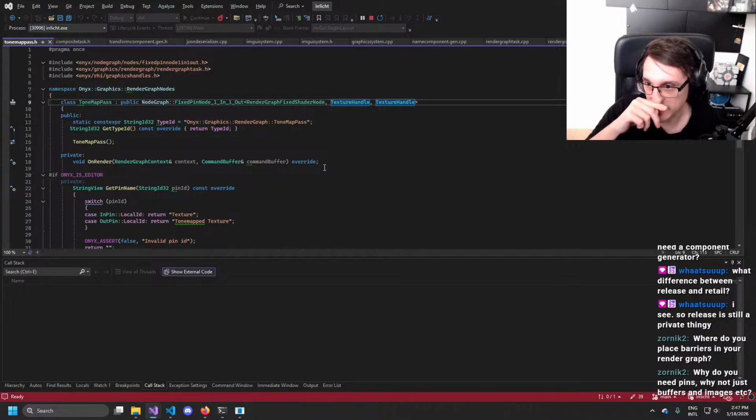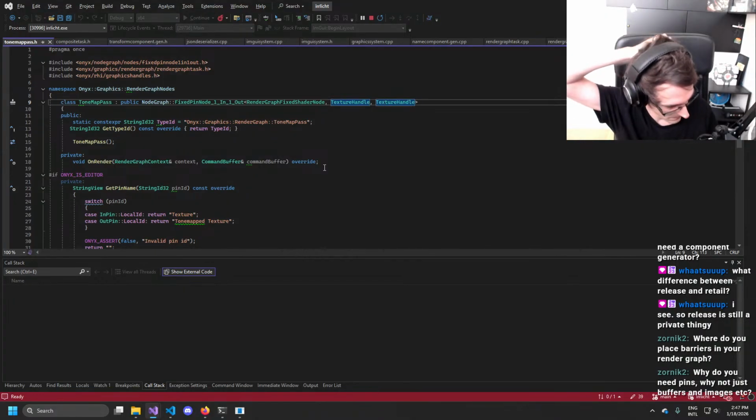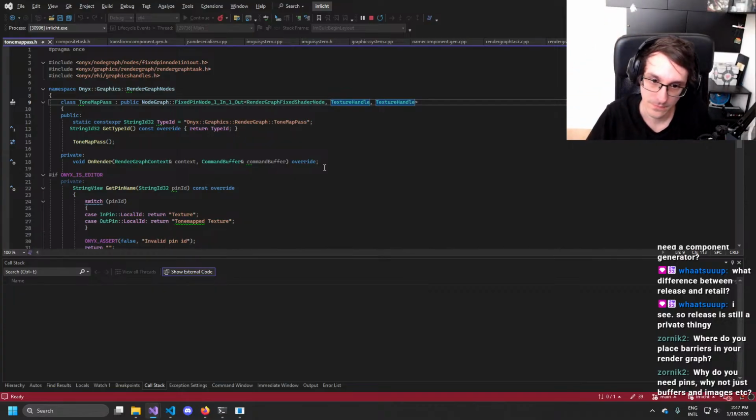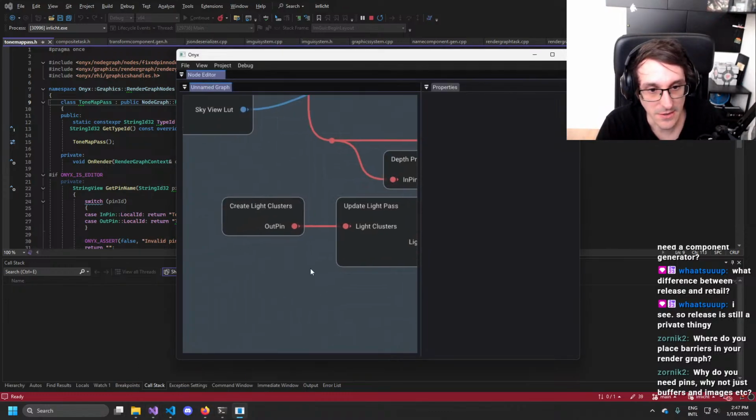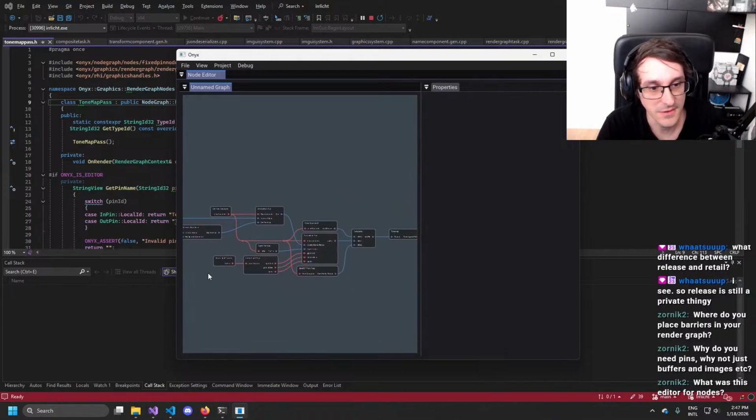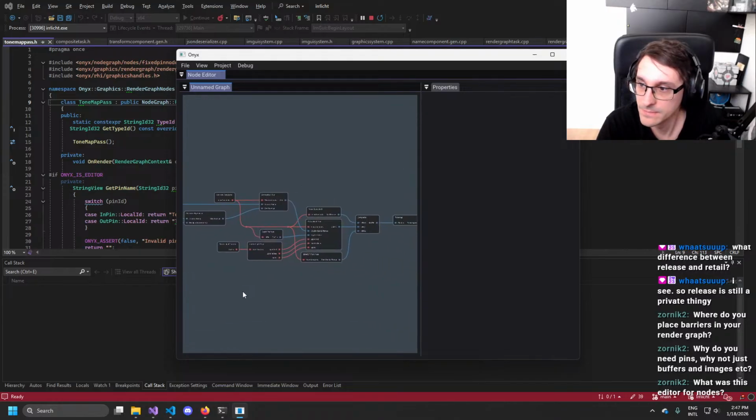But basically it's what you say. It's just input buffers, input images. It's mostly that it fits this beautiful UI, that it's wrapped with pins. But yeah.